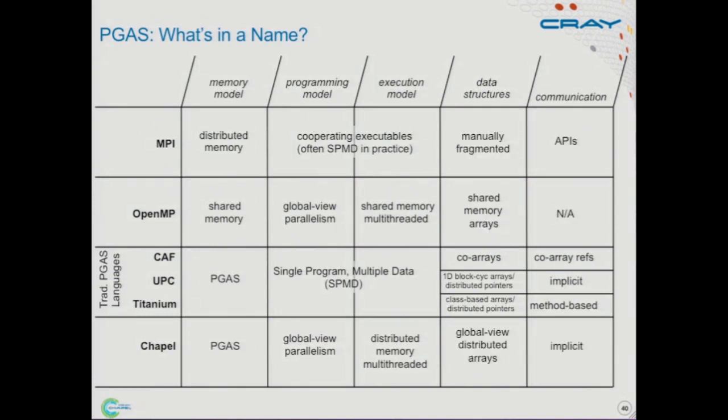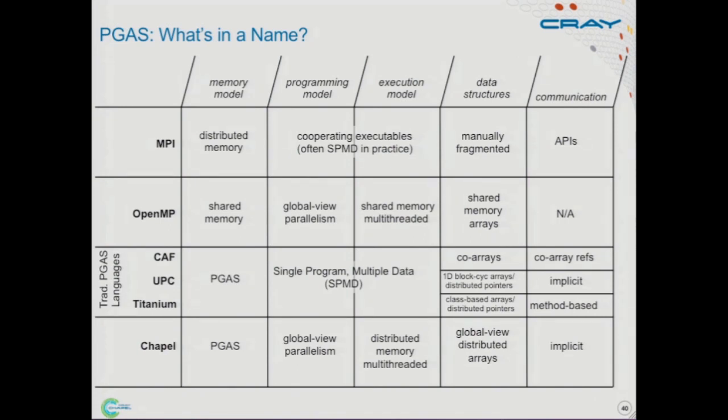So again, in MPI the data structures are manually fragmented. You're allocating what one process or task owns, and communication is done through APIs. In OpenMP, of course, you're in shared memory, so you're just using whatever shared memory data structures you want, and communication doesn't really apply. In Chapel, we have these global view arrays, and the communication tends to be implicit